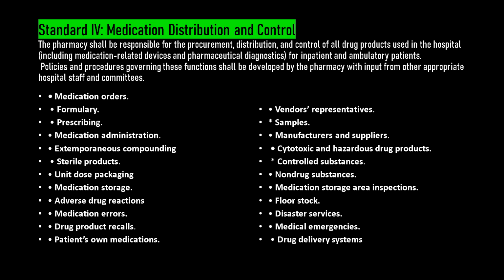So here, starting from the medication order, one by one I will tell you about it. All patients' medication orders shall be contained in the patient's medical record, as I told you before. A direct copy of the prescriber order, either hard copy or the prescriber-entered electronic transmission, the preferred method, shall be received by the pharmacist.